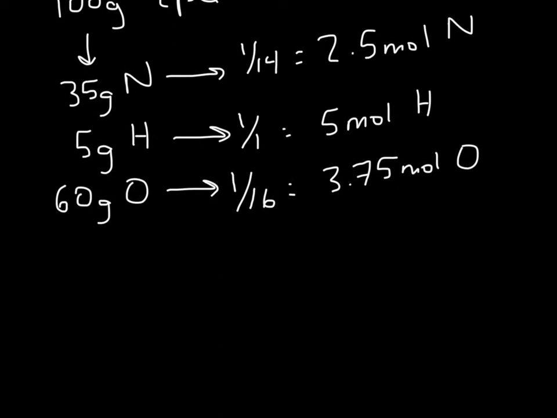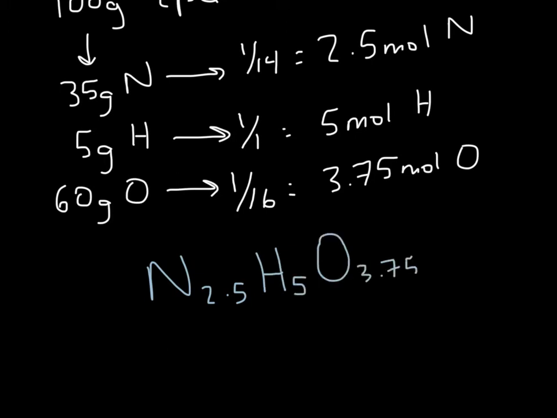Now let's take a look at what this mole ratio will give us in terms of a formula. When I write this formula, I would get N2.5, H5, and O3.75. While this is indeed a mole ratio, it's not simplified. To simplify this, you may not realize it, but when you simplify a fraction, often what you're doing is simply dividing by the smallest number in the ratio. And when I do this,